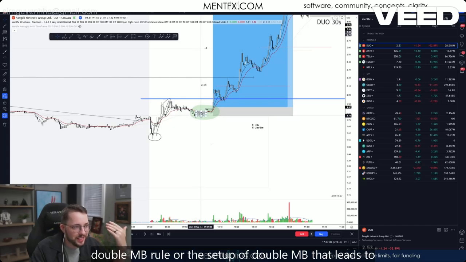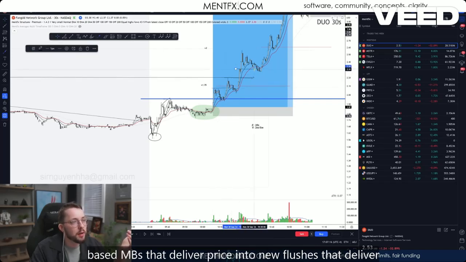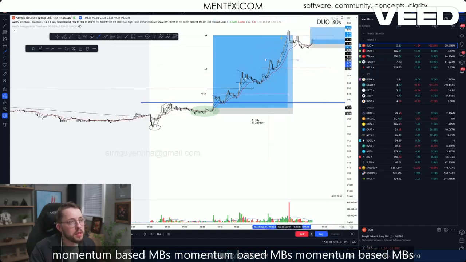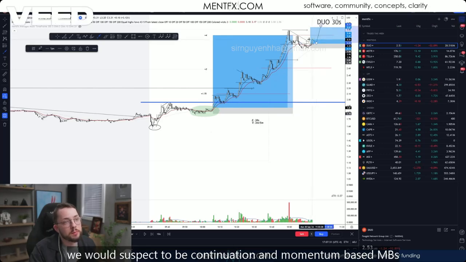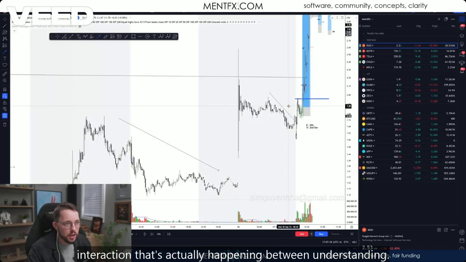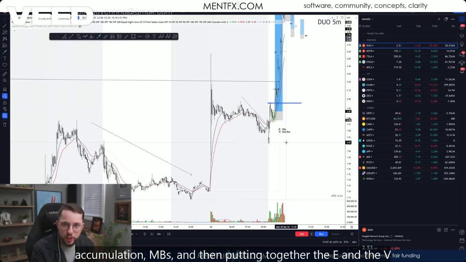MB rule, or the setup of double MB that leads to accumulation MBs, that then leads to inside momentum-based MBs that deliver price into new flushes, that deliver into new accumulation-based MBs, that deliver into new momentum-based MBs, until new flushes, into new accumulation MBs, into what we would suspect to be continuation and momentum-based MBs, and continue and continue and continue, right? That is the interaction that's actually happening between understanding first the characteristics of momentum MBs and accumulation MBs, and then